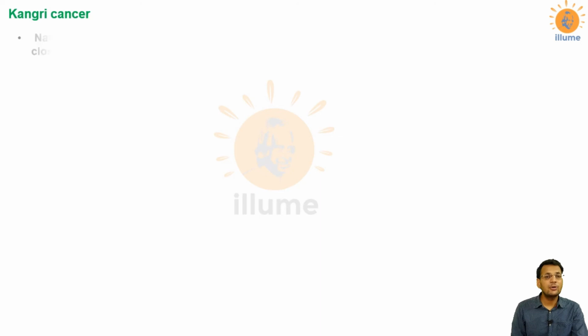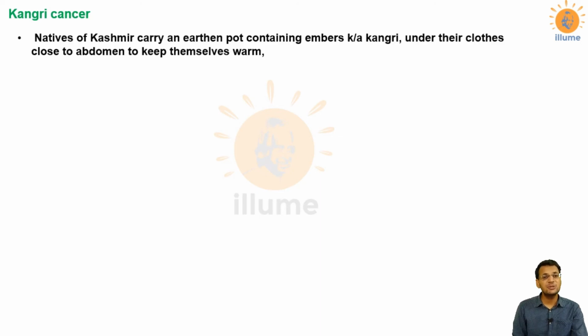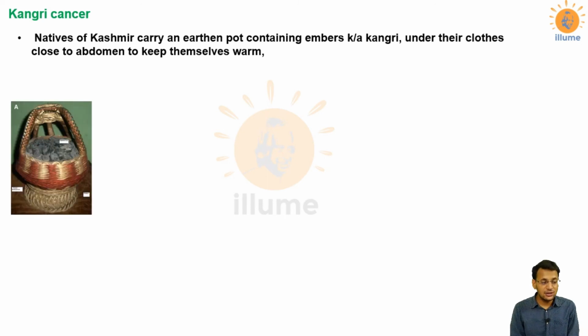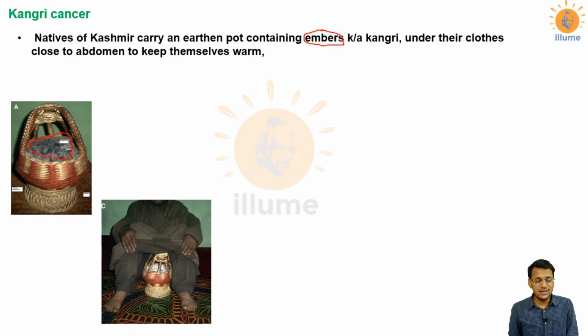Now I will talk about Kangri cancer, a very special cancer that is present in the Kashmir valley of India. In those areas there is an earthen pot which is used by the people. They keep coal in such an earthen pot, which are called embers. See, these are small coals. They also include some leaves of the chinar tree that grows there, plus some burned wood, which is used as a source of fuel. So they burn these coals and they put it like this under a loose gown.